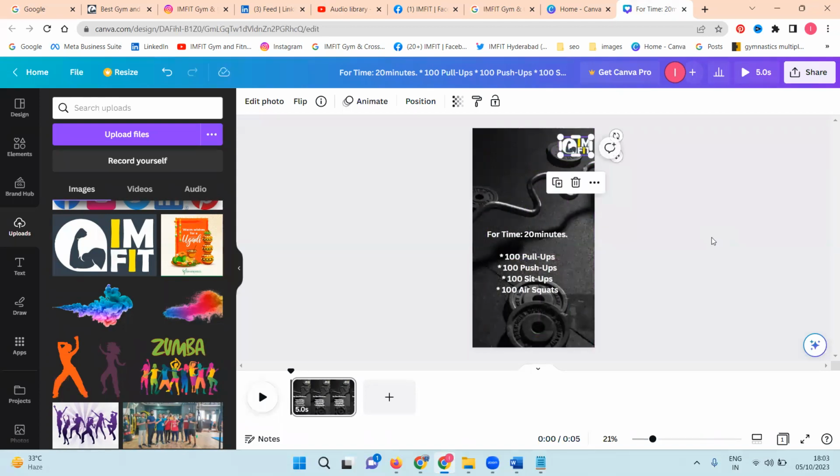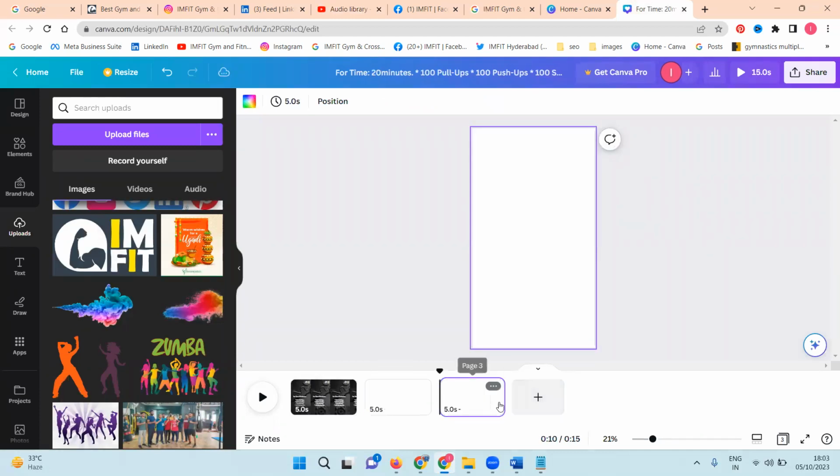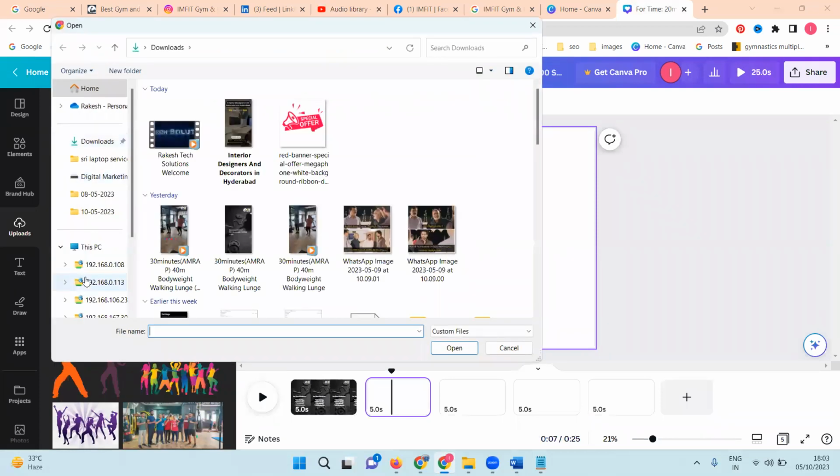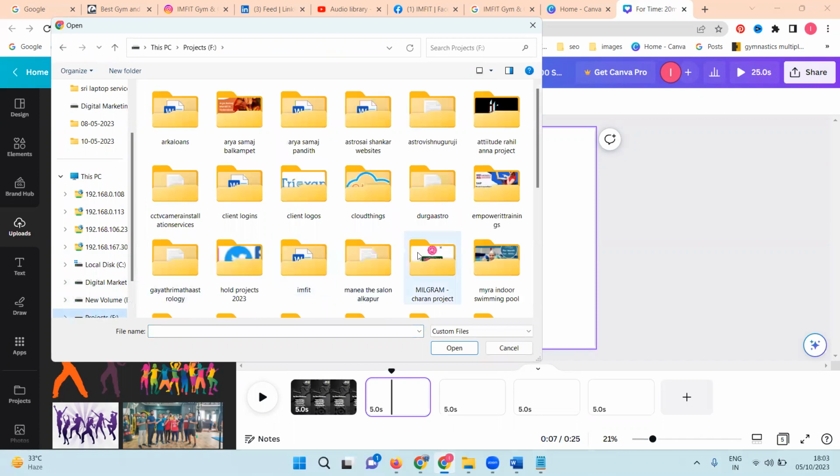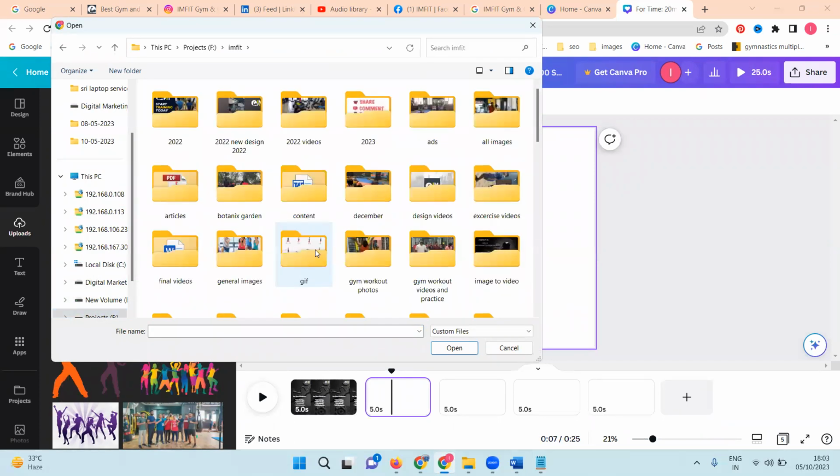So after this, how many videos do you have? All the videos you can keep, and they will be uploaded here. Go to upload file, where your file is exactly stored. Go to this particular file,